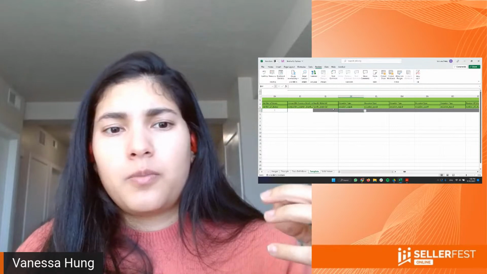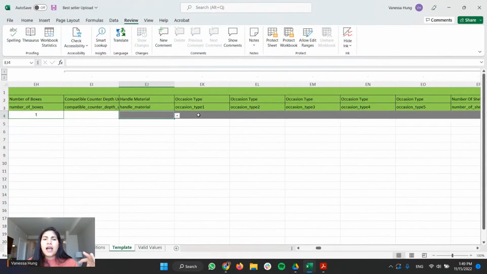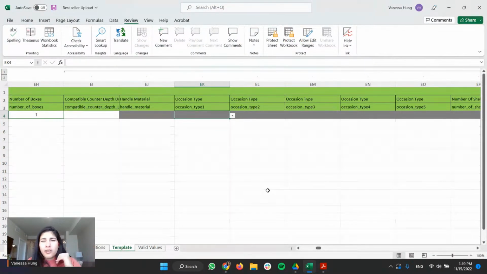For example, I'll put handle material and occasion type, and all of the things where you say, this could be an opportunity for me to put more keywords. Because if it is not relevant for your category, the system will just tell you. You're not breaking anything. You're not breaking any rules. You're basically optimizing.